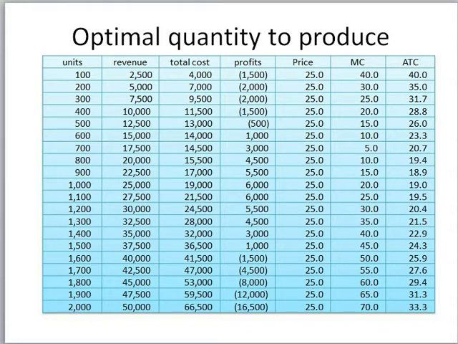This is understood to be the product: as you can see in the fifth column, the price of these units is $25 regardless of the number of units to be sold, and therefore the revenue is just the number of units times the price. The total cost, though, is a function that